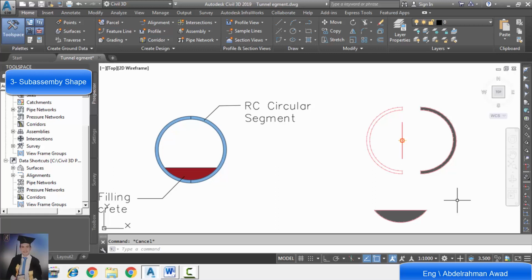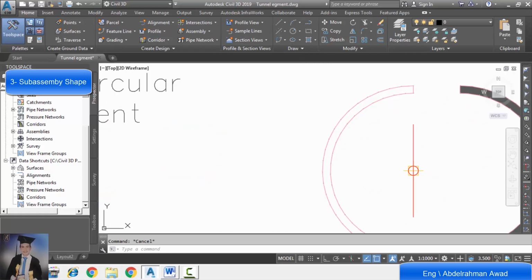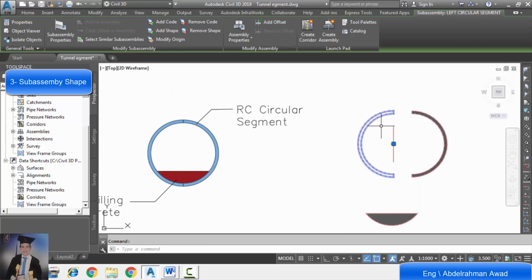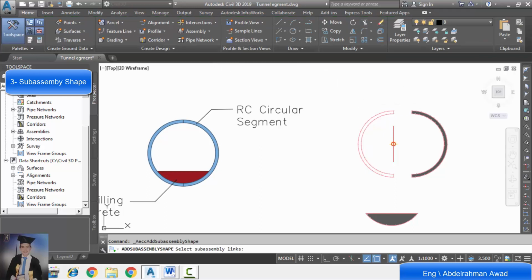We will do the same for the left half. Click add shape and select all sub-assembly link by closed window.